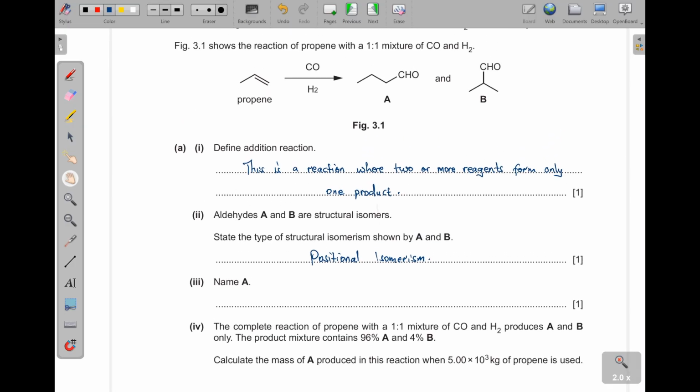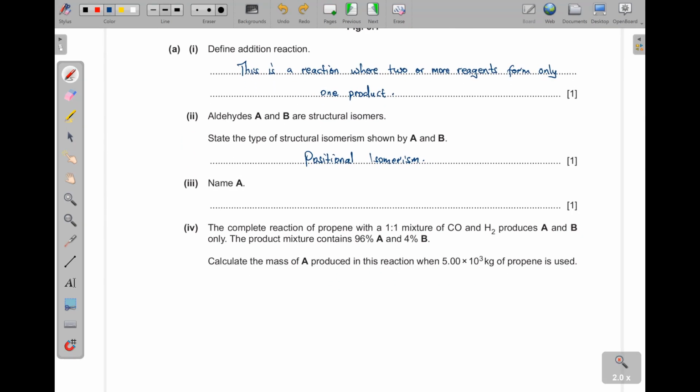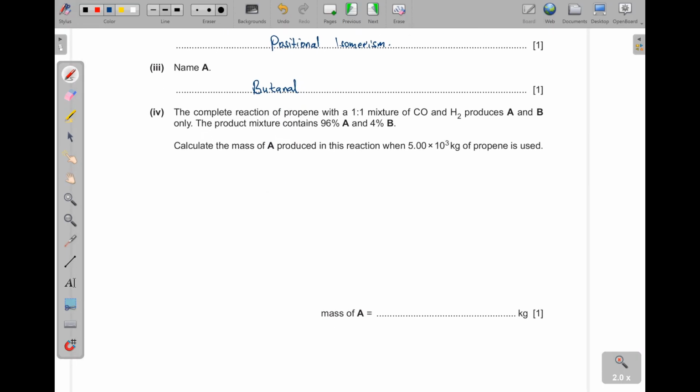When we look at A, how many carbons? 1, 2, 3, then 4. So 4, that is but. Since it is an aldehyde, then it has to end with al. So that is butanal. Okay. Then next, they are saying that Roman 4, the complete reaction of propene with a 1-to-1 mixture of carbon